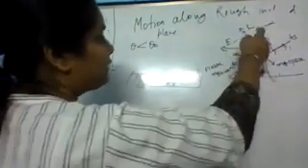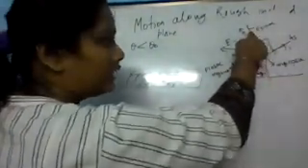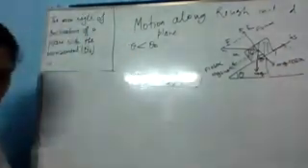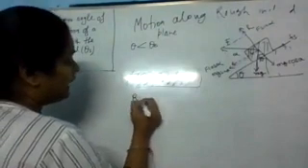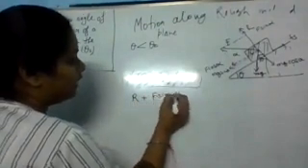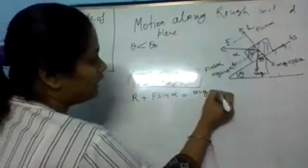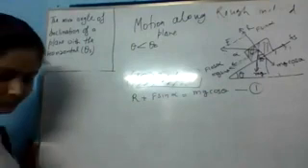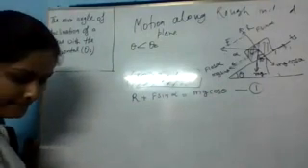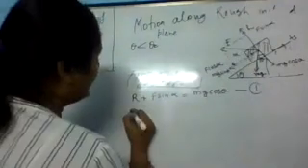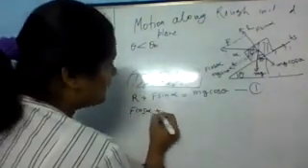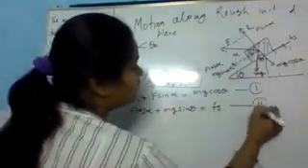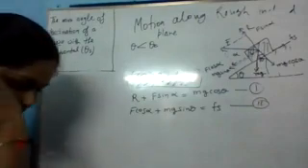Now you can balance the force. See, in this direction, two forces are working, and this combined force is balanced by mg cos theta. So from the diagram, we can write R plus F sin alpha equals mg cos theta. लिख सकते हैं? This is your first equation. Now here you can write F cos alpha plus mg sin theta equals Fs. This is your second equation. Is there any problem?